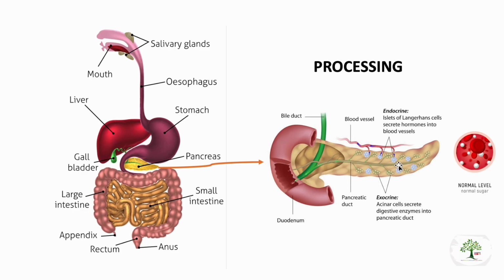The pancreas plays a very big role by releasing insulin. Insulin, you want to imagine, is a carrier. It's kind of the key to get that blood sugar out of the blood